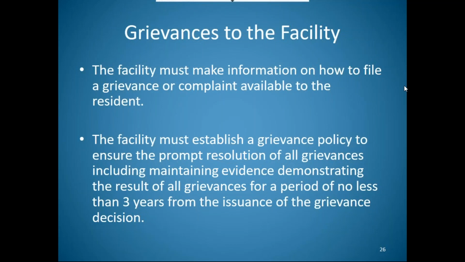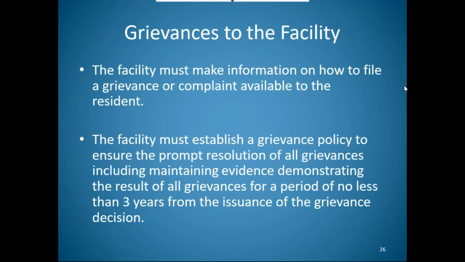Now, under 585, if you look under their policies, if you look down below, at this piece about developing the policy, it's written right there. You could pretty much take it word for word from the book and put it over into your policy, exactly what needs to be done. And there's a whole list of things that needs to be in your grievance policy. The one I wanted to really bring to your attention is maintaining evidence.